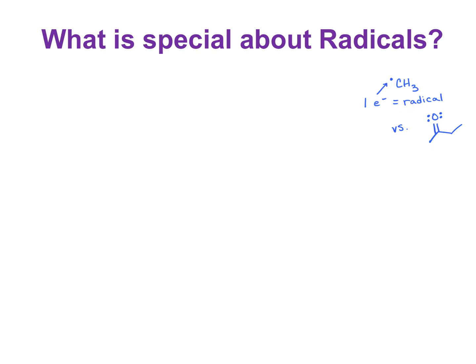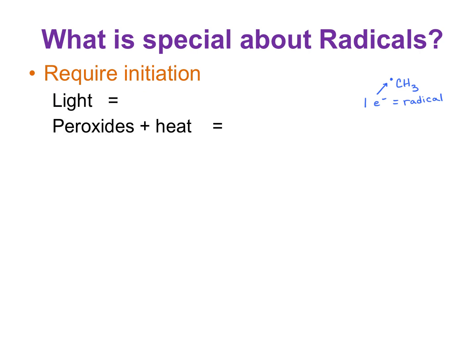So we said they're going to be very different from the reactions we did before. How are we going to know it's a radical, and what are we going to do with it that's different? So let's talk about that. So what's so special about radicals? So the first thing is, if you don't know if it's a radical reaction, you might be able to tell because it requires initiation. So there's going to be specific things that show up in the reaction that are going to initiate the radical process. So the 2 traditional types of initiators that you saw in a lot of organic reactions are light and